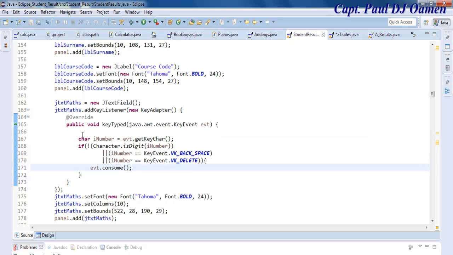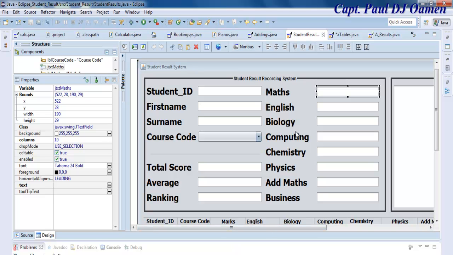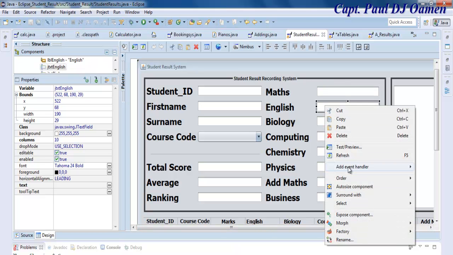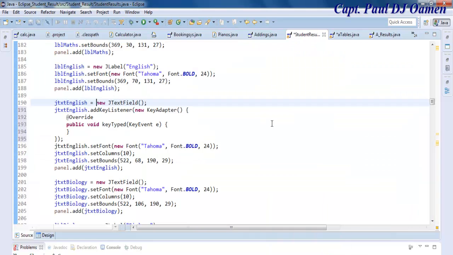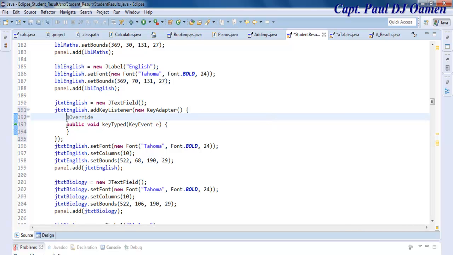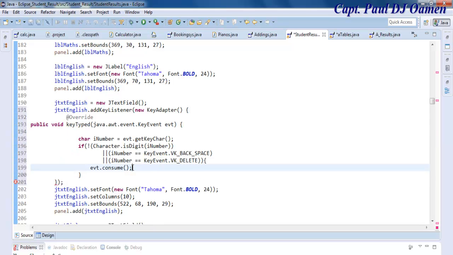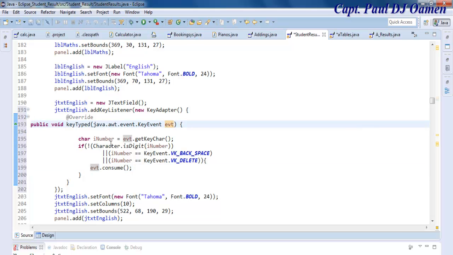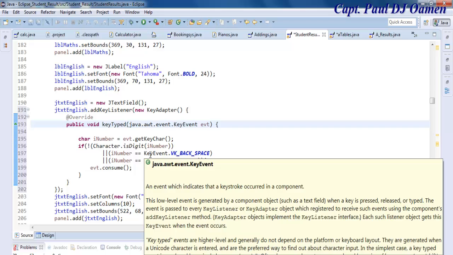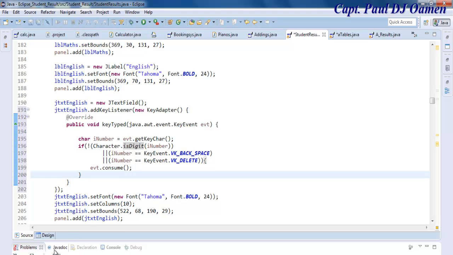Yes. Alright, I've copied this. All I just need to do now is come right here, select that of English, right click, go to event handler, and the key type, select key type, and right here I'm just going to copy and paste all of this right there. Paste. Okay, I think I need one more curly braces there. Yeah, that's fine. So that is fine for that. So maybe just copy it properly. Yeah, and I'll repeat the same thing for the next one,